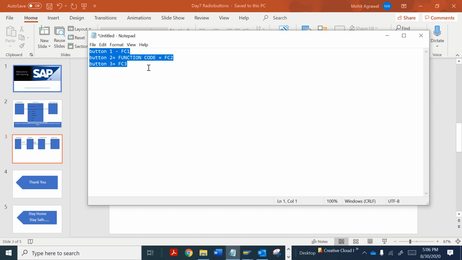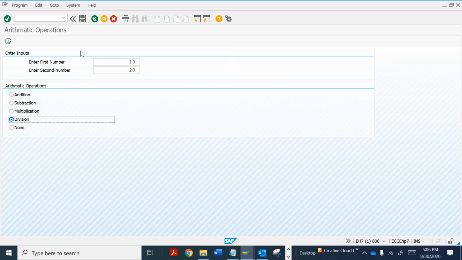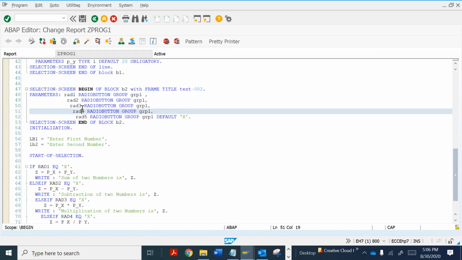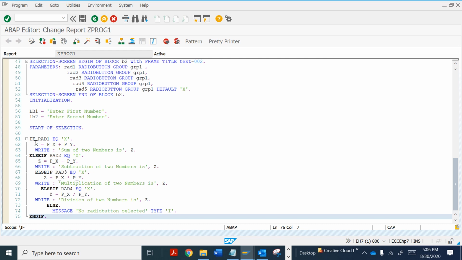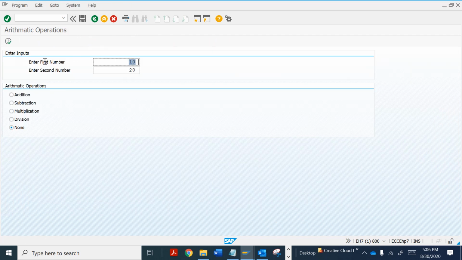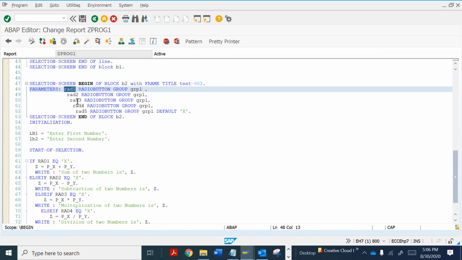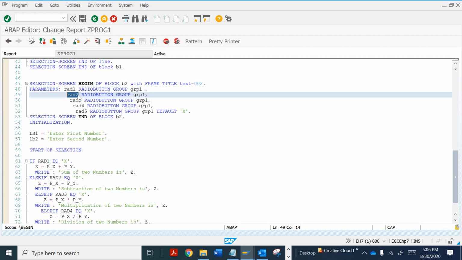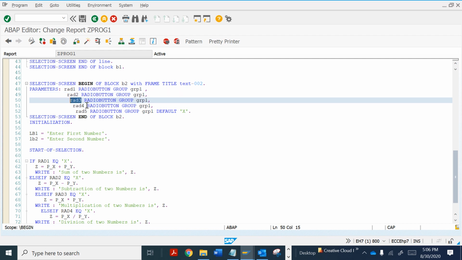It's like when we provide any field name, we have a parameter like rad1. It's a parameter name or any field name. For this we have p_rad1, rad2 and rad3 for all the radio buttons.